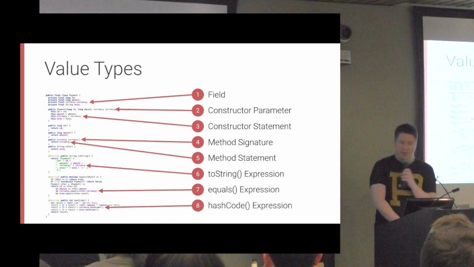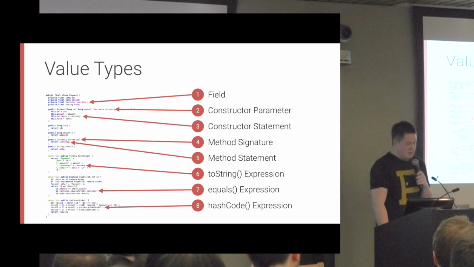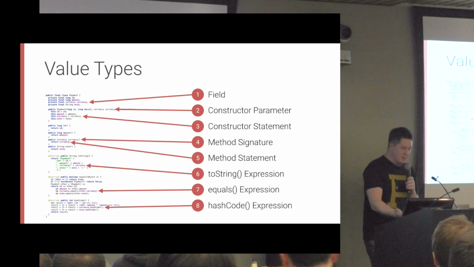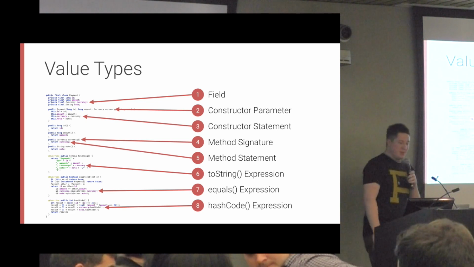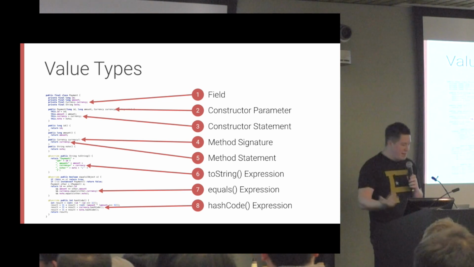I know it's super small. That's kind of the point. There's eight things that we had to do. There's fields. We got to update all of the toString, equals, hashCode. We got to make sure that it's propagated through the method. We got to make sure the signatures, the constructor parameter and the field, all the names match, they're the same